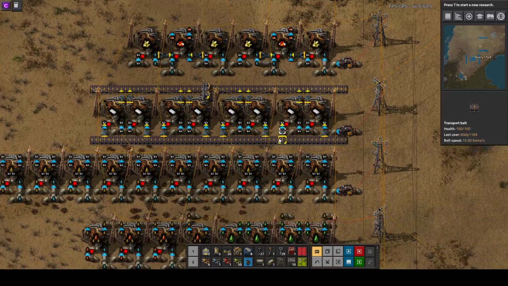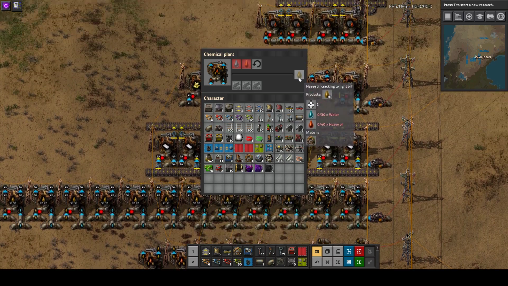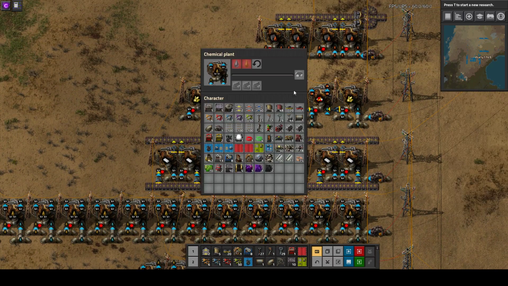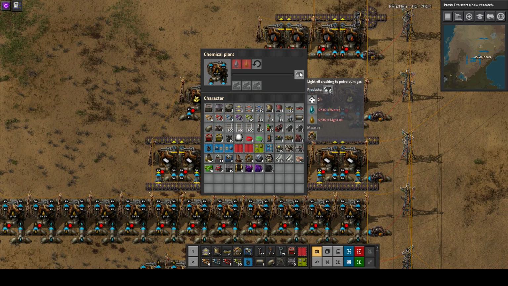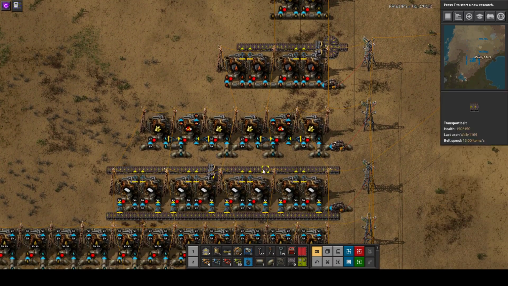If you look at the cracking ratios, 40 heavy oil become 30 light oil. So there's already a small benefit to using light oil here, and 30 light oil become 20 petroleum gas, so there's also a benefit there. And you just need the petroleum gas so much for the plastic and for the sulfur that, you know what,